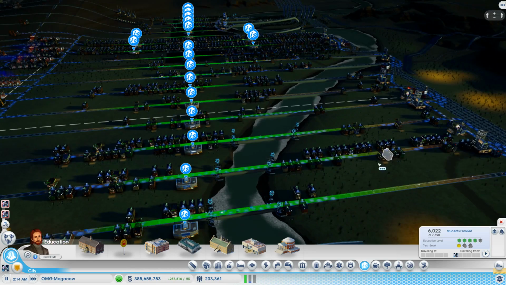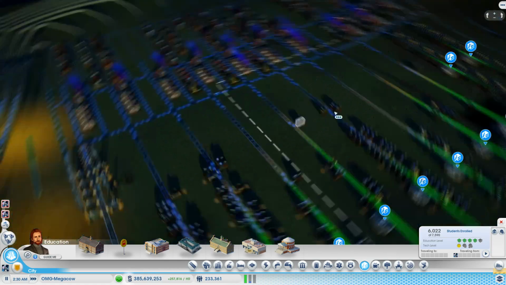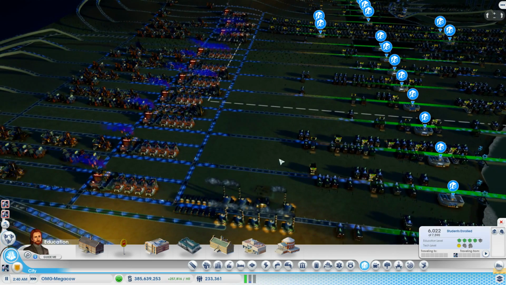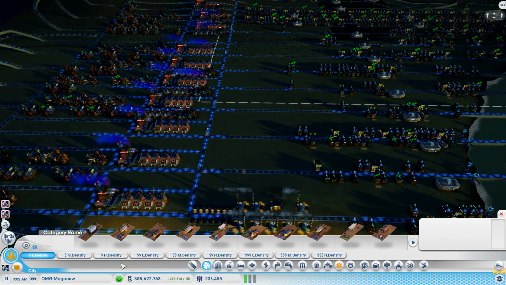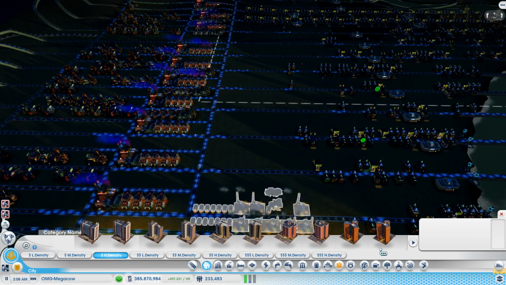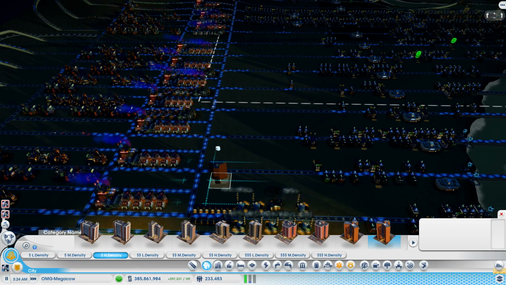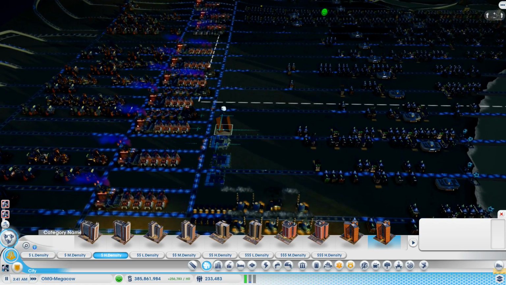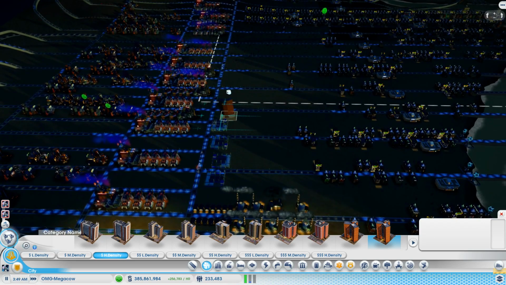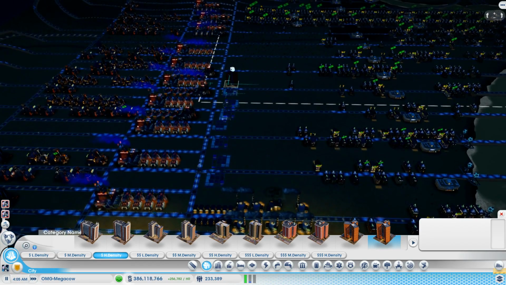Real pain. So, what I've been doing to repopulate, and this is thanks to the RCI plop, just go to high density, pick a nice building, and then I'm just going to bang in a row of these. Boom, boom, boom. Not going to be too fussy about it.